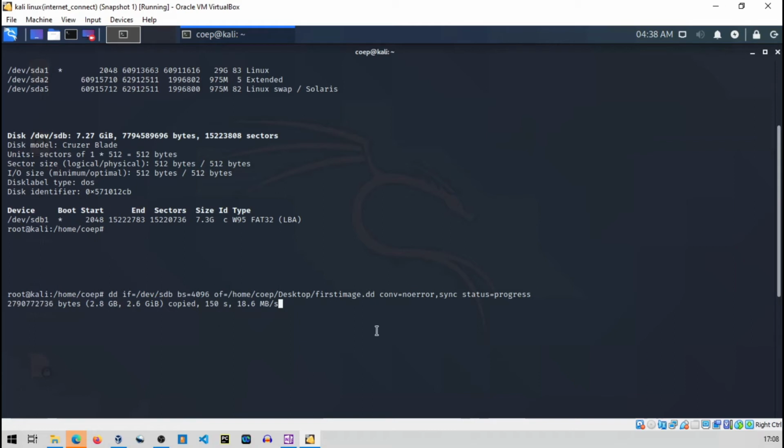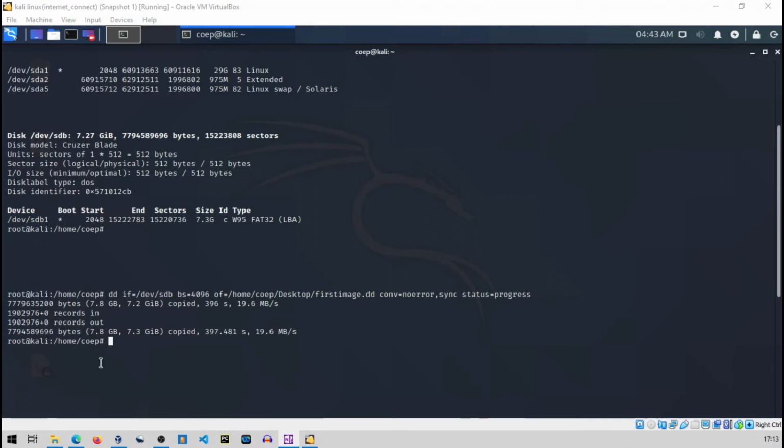So basically they came up with new tools which are patched versions of this. They came up with dcfldd. This is another tool, and there is a third tool, I will say, dc3dd. So execution is completed. Now let's see.